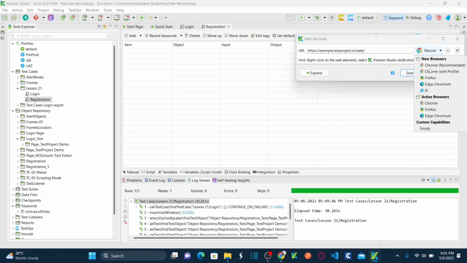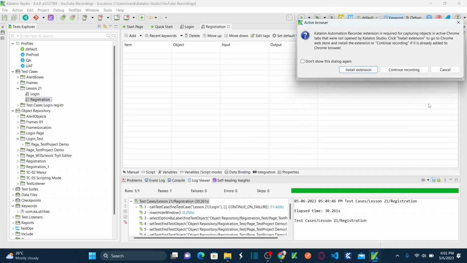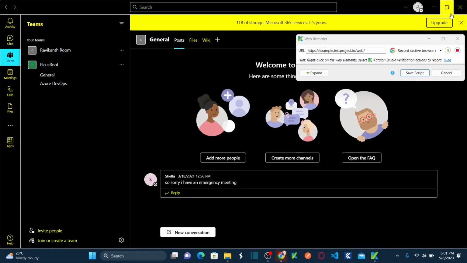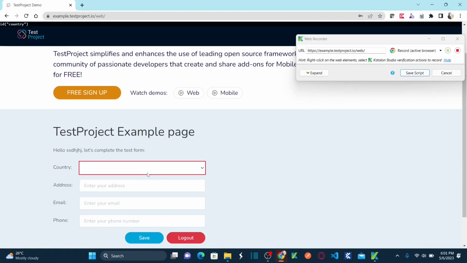Instead of selecting my new browsers list, I'm going to pick active browsers. So you have new browsers here. These are my active browsers. So let me select Chrome as an active browser and click on continue recording. So now what it will do, you can basically go to your active browser and start performing actions so that